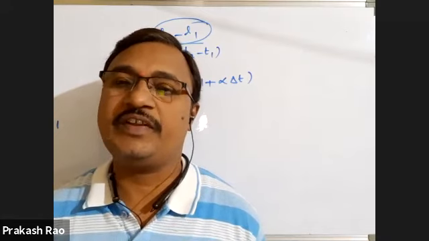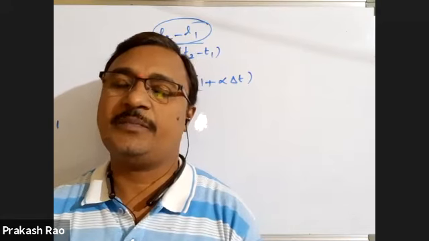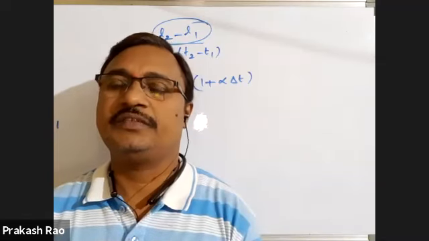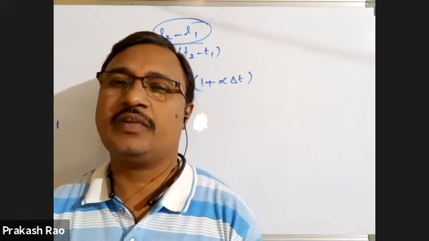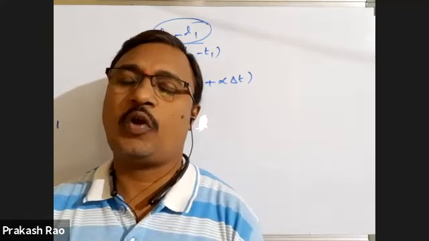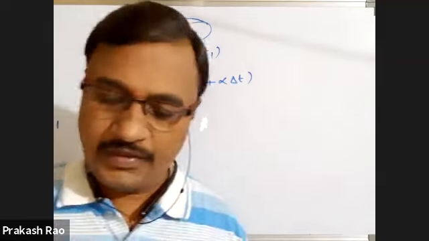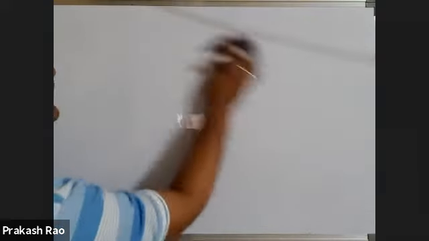But the coefficient of linear expansion depends only on the nature of the material and scale of temperature. It is independent of the initial or original length. The alpha value for a given material is fixed. You need not remember the alpha values. In the problem, the examiner will give the alpha values to us. Okay. Next, coefficient of areal expansion.